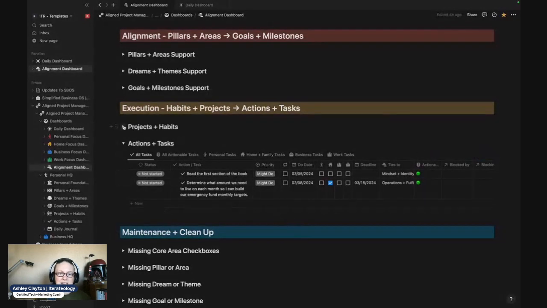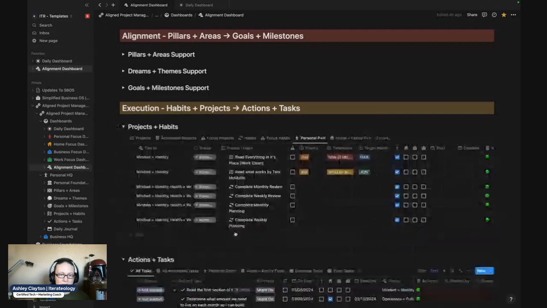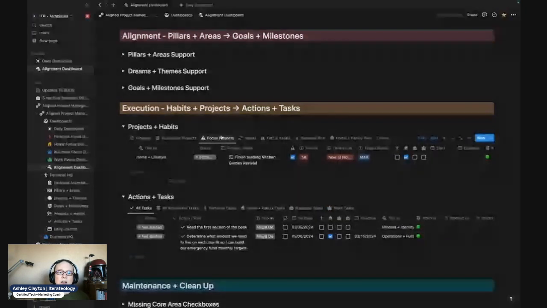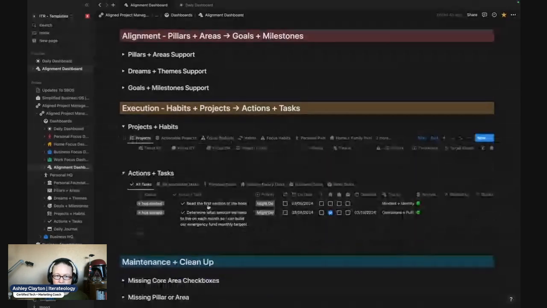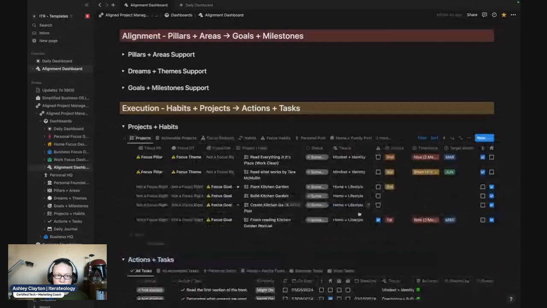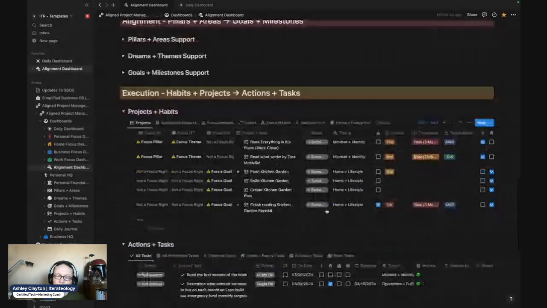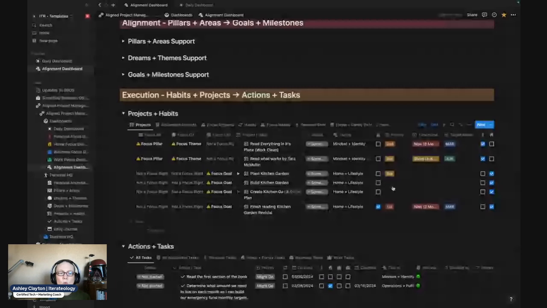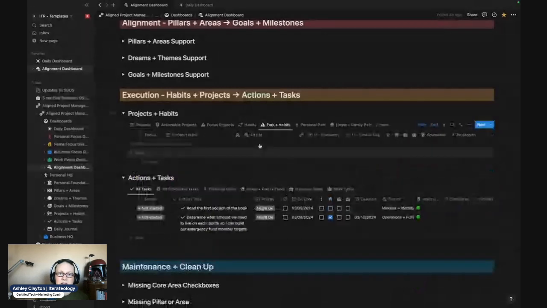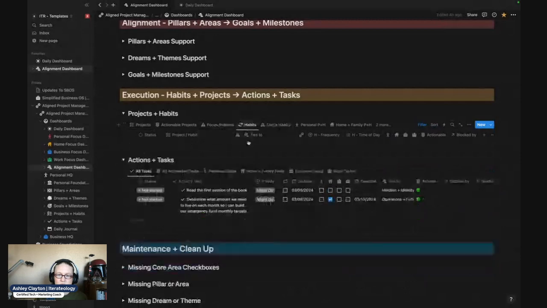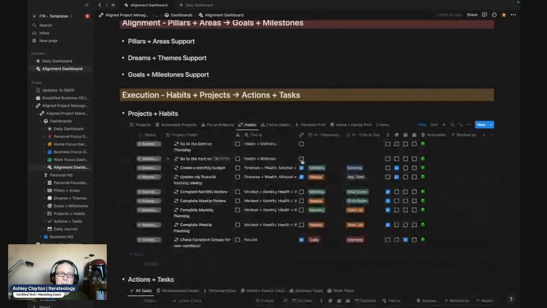But if you don't have a lot of tasks here, the best option is to look at the projects that you've selected to focus on. I don't really have a lot of other projects, but you can do that. Based on what your focus is, I'm checking focus habits. Yep.